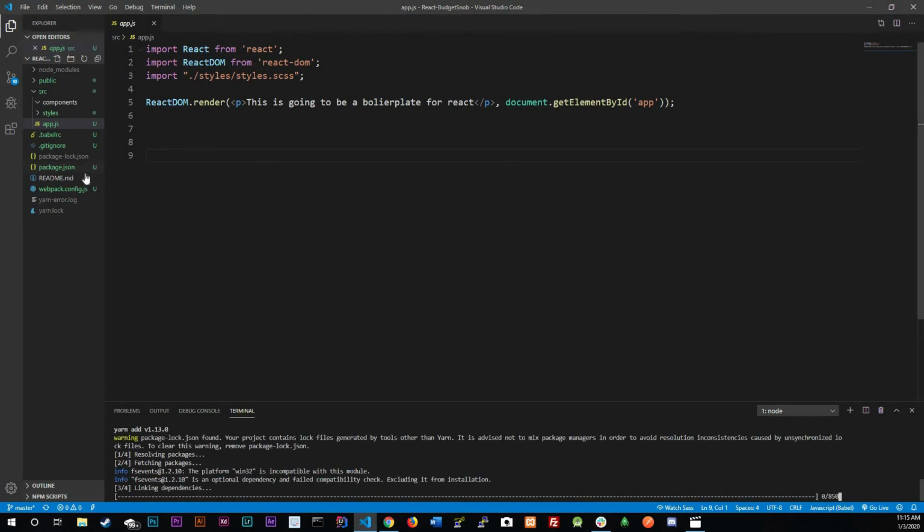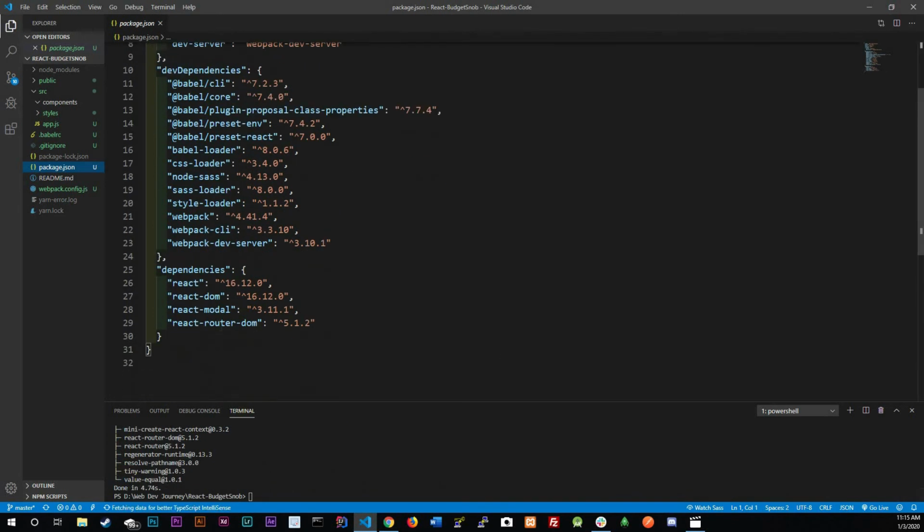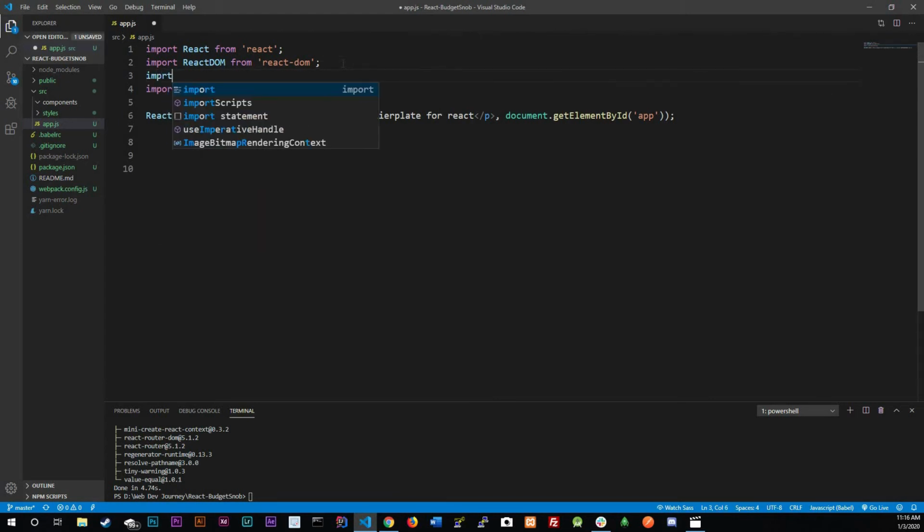Let's add that, and we should see it in our package JSON. There it is right there. All right, now let's go to our app JS, and we're going to import stuff from that module. Up above, right here, import. There are going to be multiple things that you could import, so I'm going to do brackets for now, from